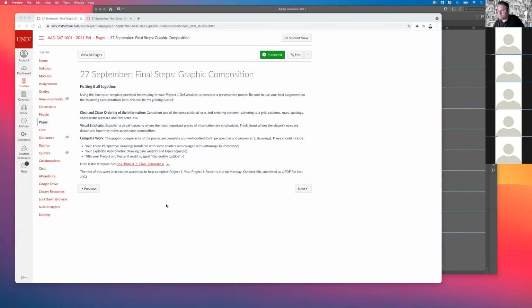A title for your project and poster. If you are running out of ideas, for generative lattice you could certainly start by looking at how it's described in the project brief and using that. Ultimately, this is the template file that I'm giving you to use, and we'll open that up in a minute